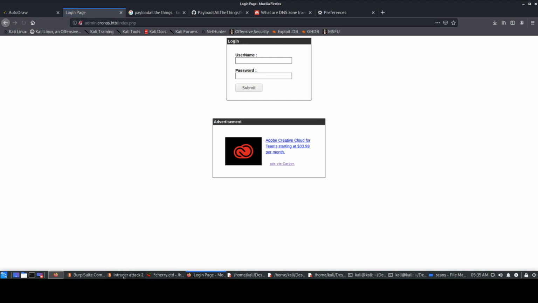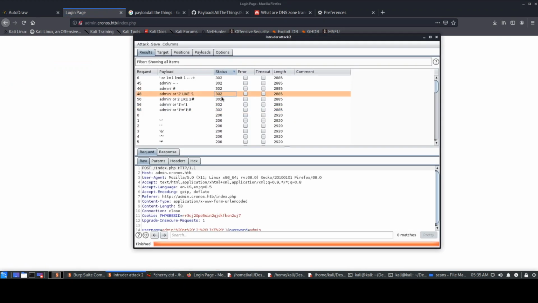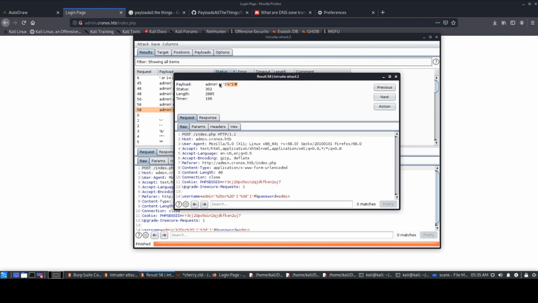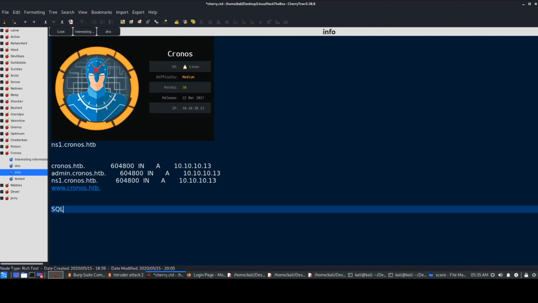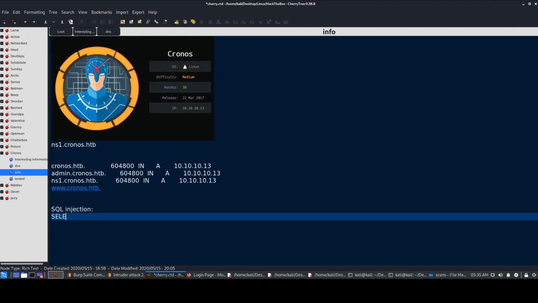Let's go back for now. I know that payload works. So in short, all these 302 responses, whichever we get, are SQL injectable. Now what this payload would do, I'll explain quickly. Your SQL query is somewhat written like: select all from users where username is equal to whatever entry you add. Suppose the actual original username is admin, so we'll be having admin and